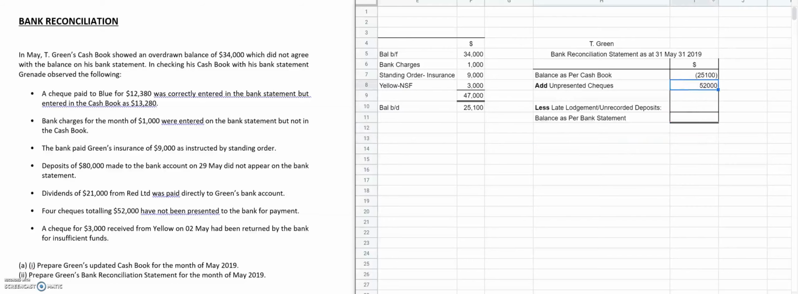Now we are going to go ahead and do our calculation. That is negative 25,100 plus 52,000. That will leave us with $26,900. Now the only other transaction that we have left in the question is